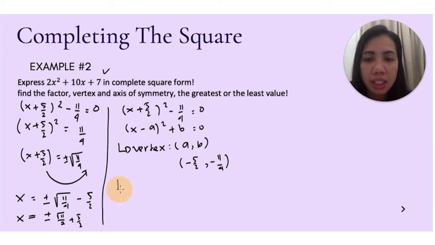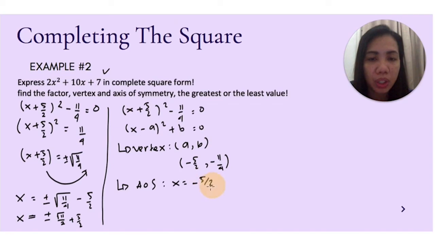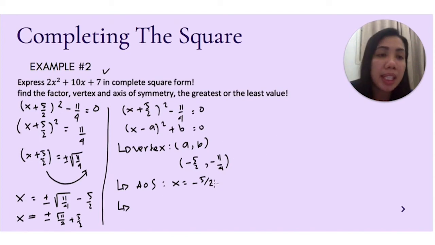And then the other things about the axis of symmetry. Axis of symmetry, it is the x coordinate of the vertex, which is x equals minus 5 on 2. Okay, the next thing is about the greatest or the least value. Remember, we can see the greatest or the least value based on this value of y, because it is also